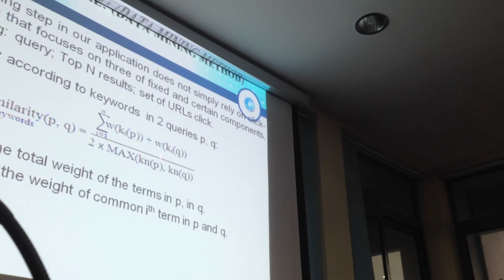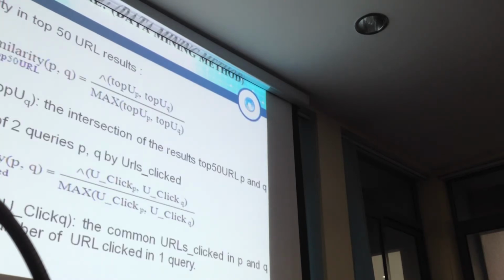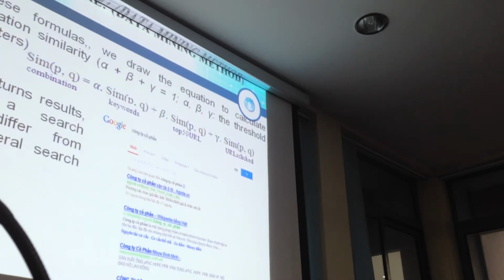And here is the similarity formula to detect the similarity between two keywords. Along with that is the formula to detect the similarity with the top 50 URL results of a specific query, and the similarity with the number of URLs clicked by the user.